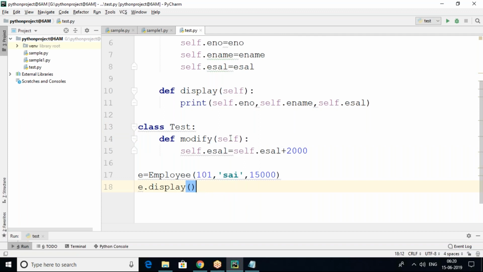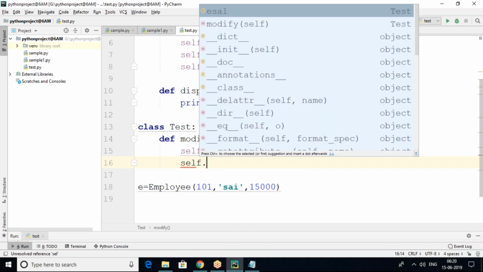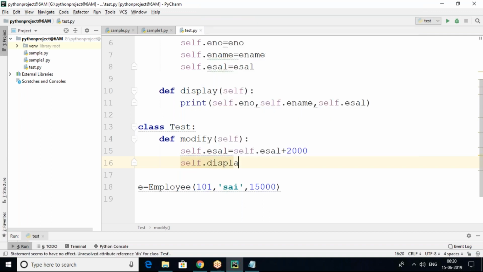When we call e.display, only that will come, but we are not going to call e.display. So I'm trying to call the display method under the modify method: self.display, self.display. So is the self.display method possible to get? Here you can see self.display method.